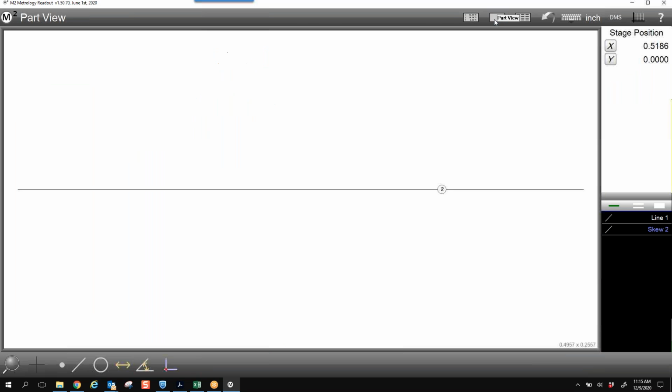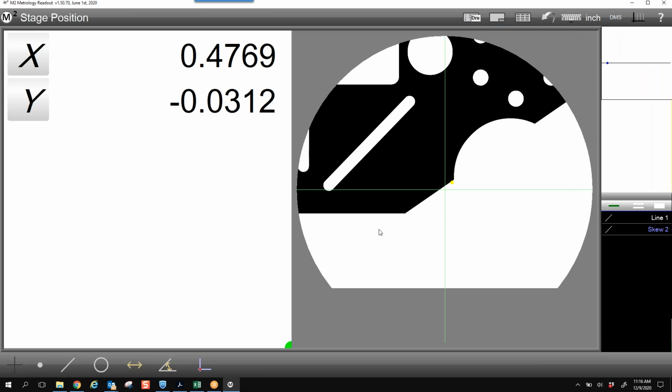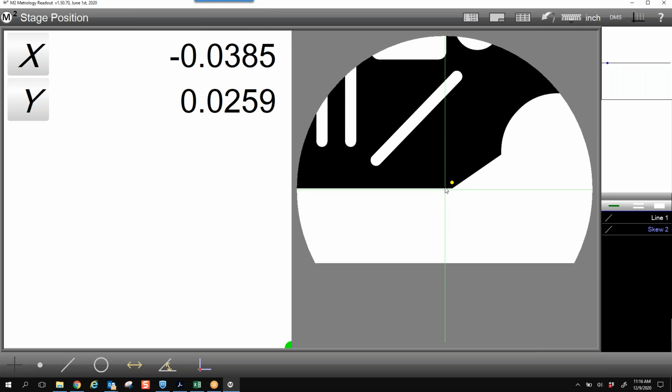So as I move forward, that line is straight now. It has the ability to compensate and make your datum and straighten it out the way that you would want. So if I go now and I measure this line right here,